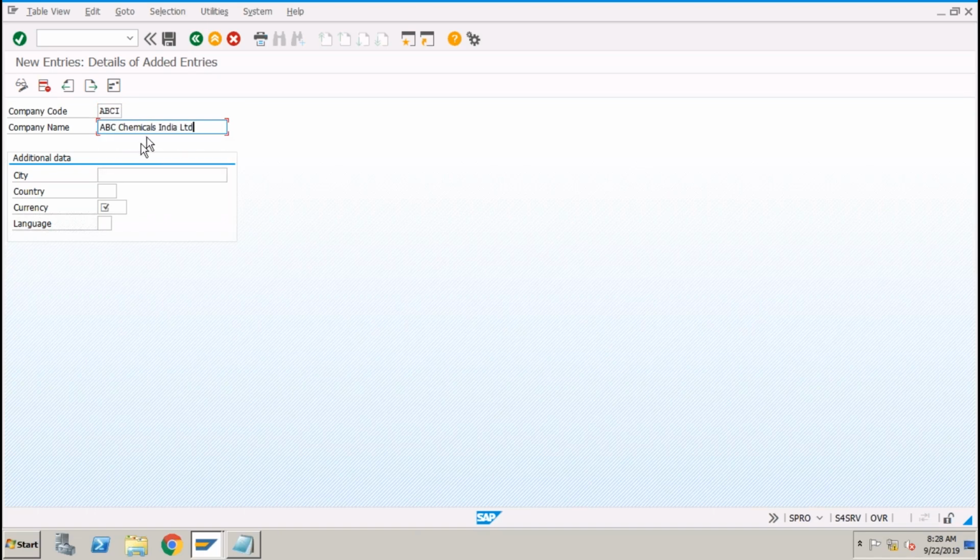It is showing already. Okay, let's use it. ABC Chemicals India Limited. City, I will go with Mumbai. Country, IN. Currency, INR. And language, English. Right? When you press enter,